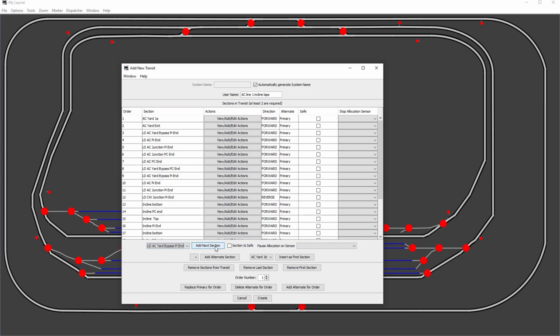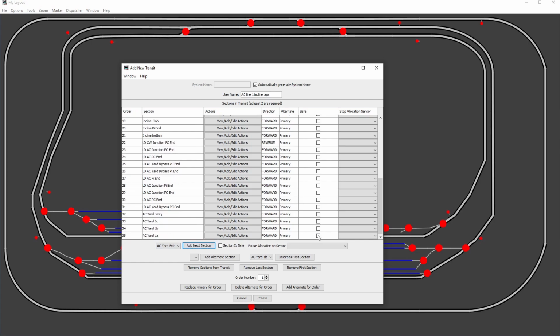We'll avoid the yard entry this time round, come back around again, avoid going up towards the incline this time, and this time round we'll go into the yard. We will head into line one. At this point we're on the brink of coming into the yard here, so it's giving us a choice of which storage line we go into, but I want to go into the first one. I want to go back to where I started from, so down to A, which is the first one,